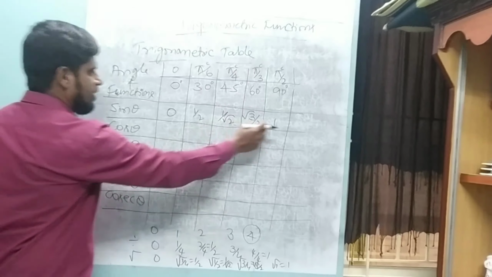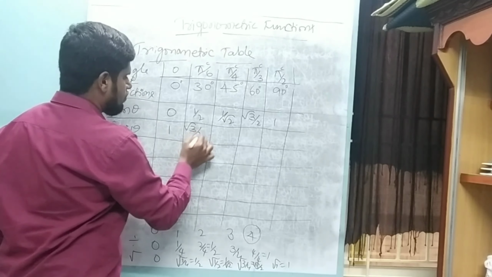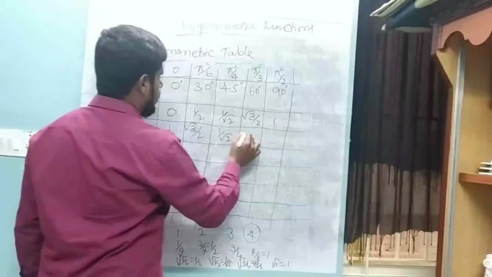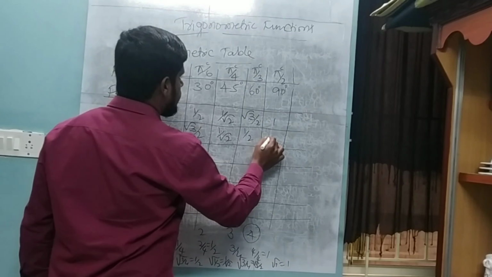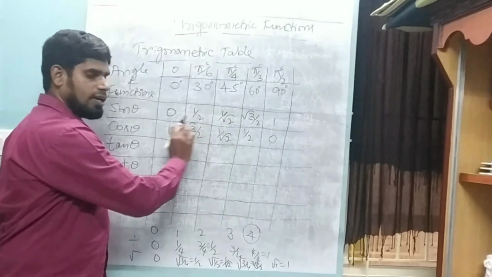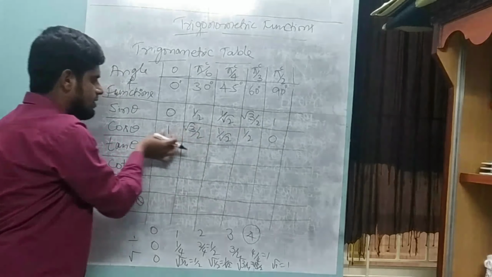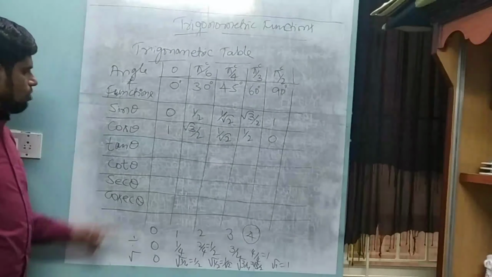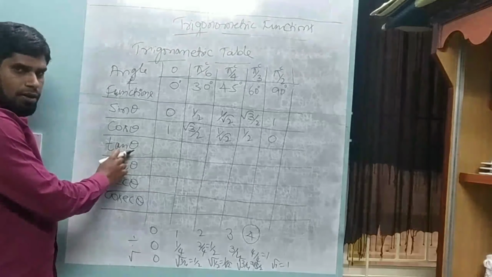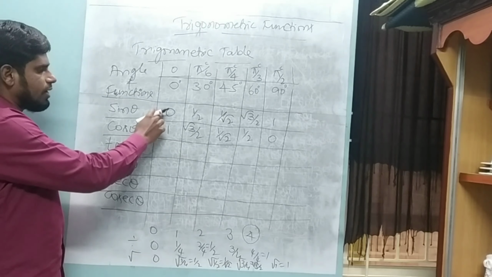So here if I reverse this, 1 comes for 0 degree, root 3 by 2 comes for 30 degree, 1 by root 2 for 45 degree, then half comes for 60 degree and 0 comes for 90 degree. So here, whatever values of sine I got, I just wrote in reverse order, and I got the values of cos. Now how to get tan values? As in the definition we studied, tan is nothing but sine divided by cos.